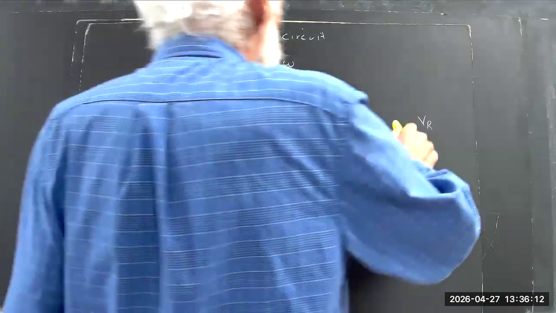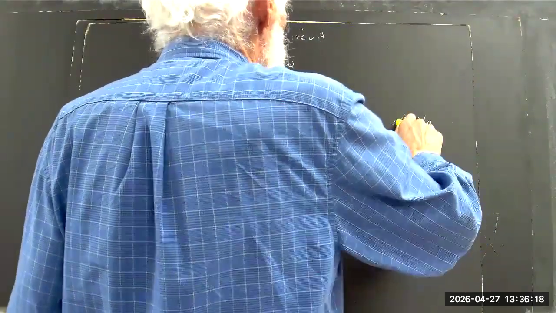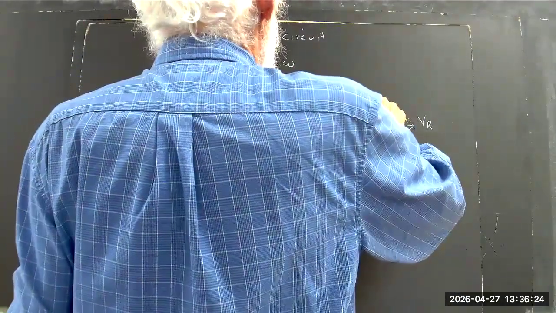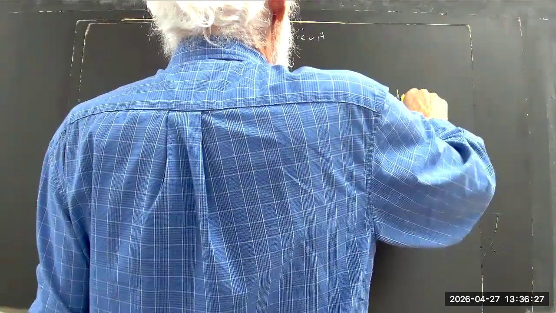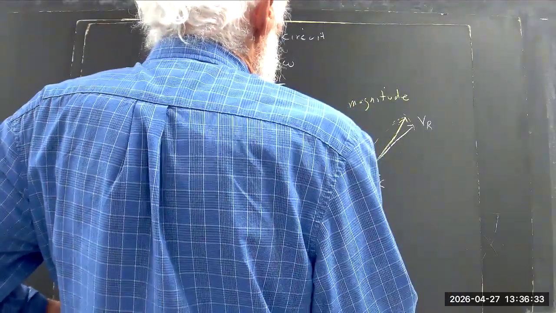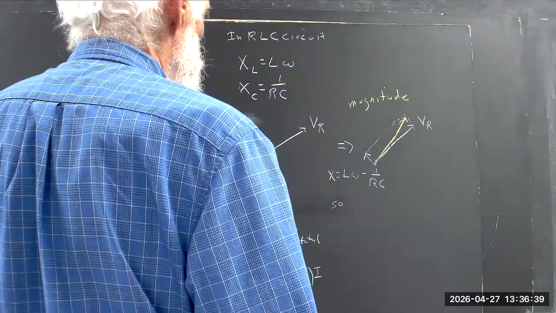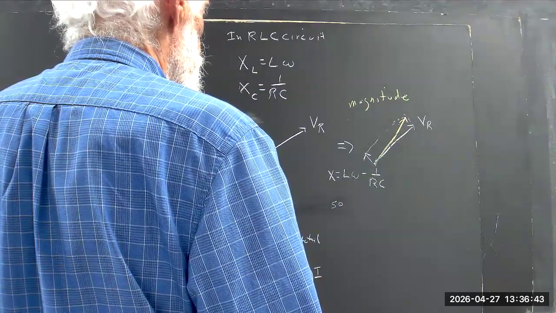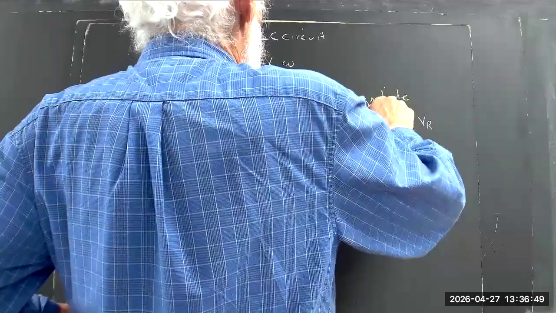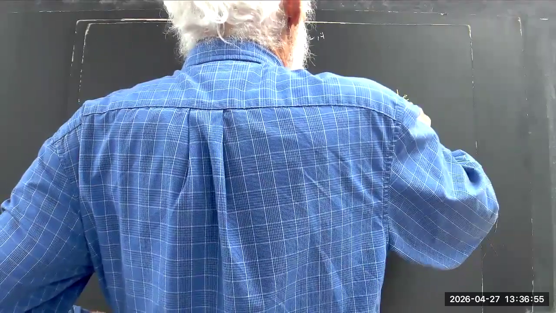That means that the magnitude of your maximum voltage is going to be the magnitude of this vector, going to be your maximum current multiplied by